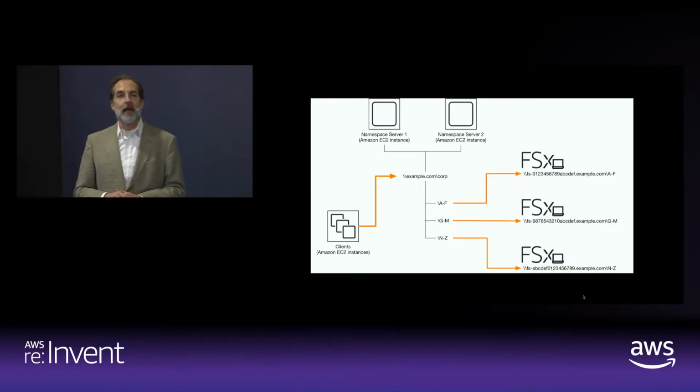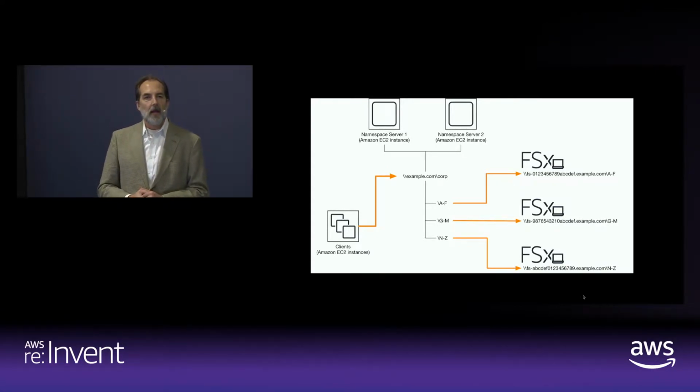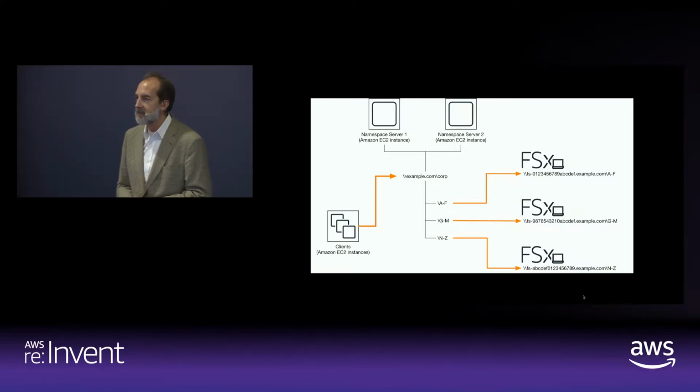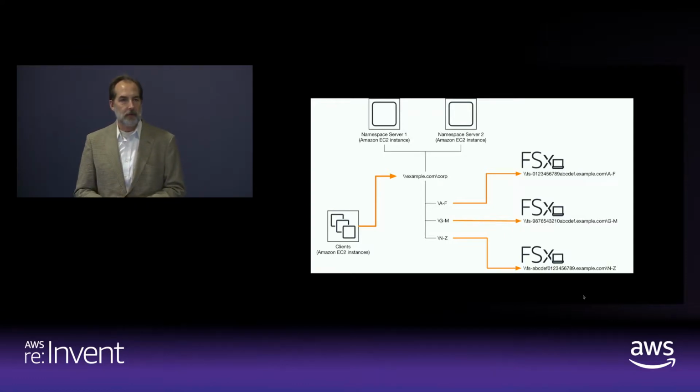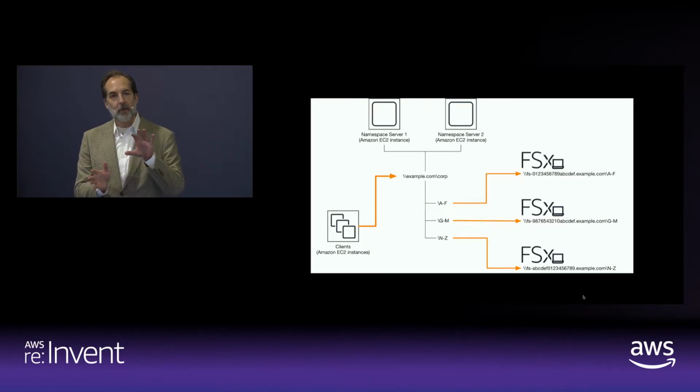So first thing I want to do is actually walk through the creation of a file system. Each file system can store up to 64 terabytes of data, and you can provision up to 2 gigabytes per second throughput. So what happens if you need more than 2 gigabytes per second throughput? Well, one way you can do that is to have multiple file systems underneath the same DFS namespace and shard